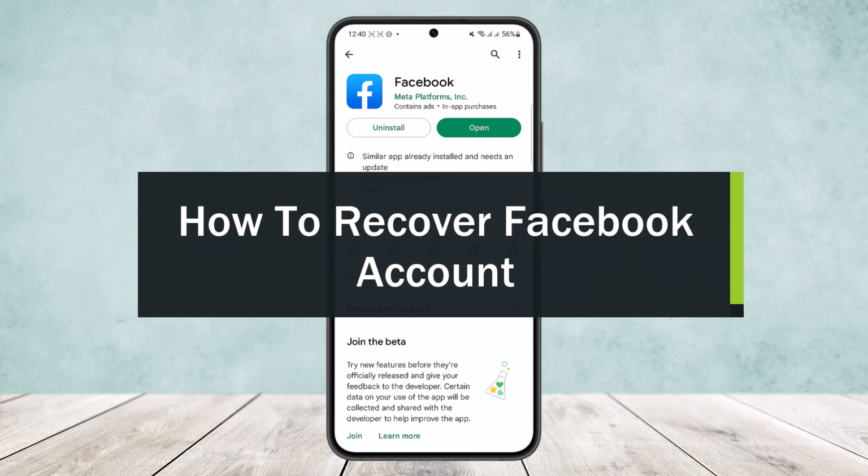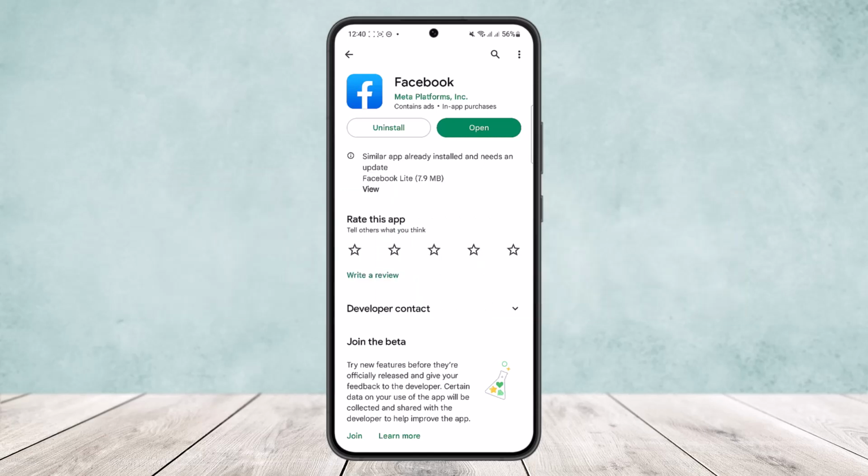Today I'll guide you on how you can recover a Facebook account. Now recovering a Facebook account is quite simple and easy. Now if you just deleted your account, or if you just deactivated your account, or if you deleted your account